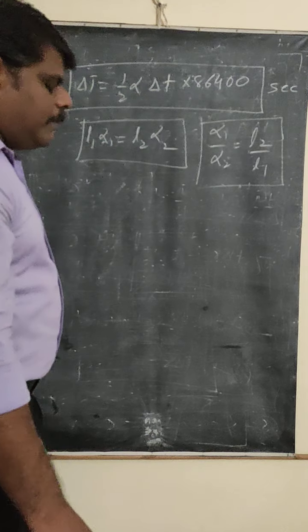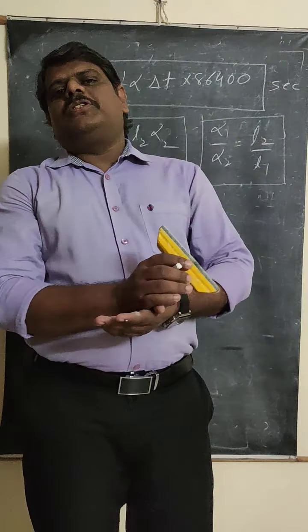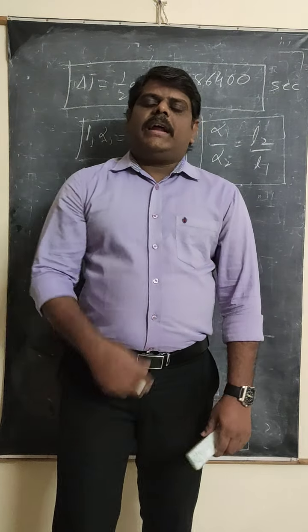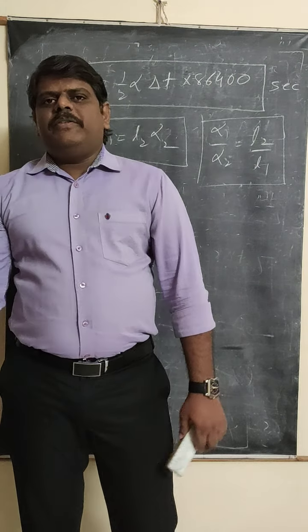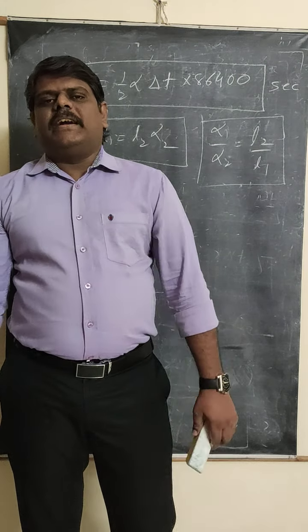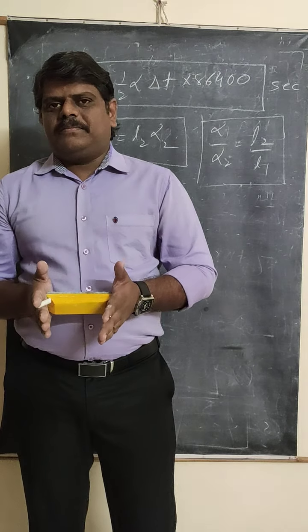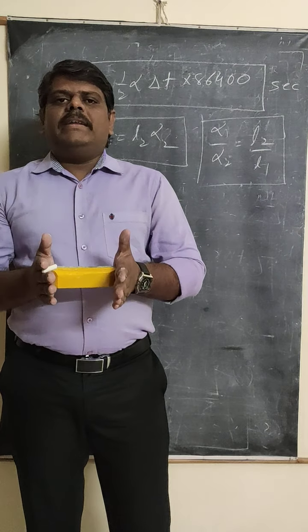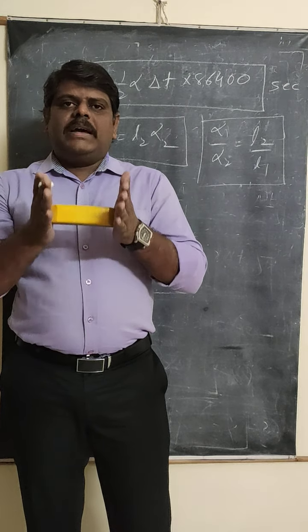After that, we discussed one more formula, which is called thermal stress. This formula is very important for the competitive part and for the PU part also. In the last class we discussed thermal stress. Thermal stress develops when a metal bar is fixed between two rigid supports and you give heat energy to the bar. The metal bar will try to expand, but the rigid supports do not allow it to expand. Then some stress develops inside the metal bar, and that is called thermal stress.